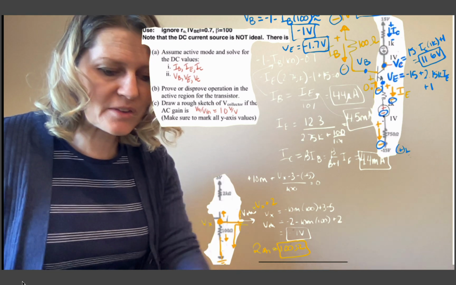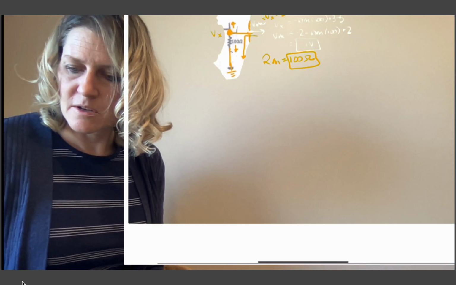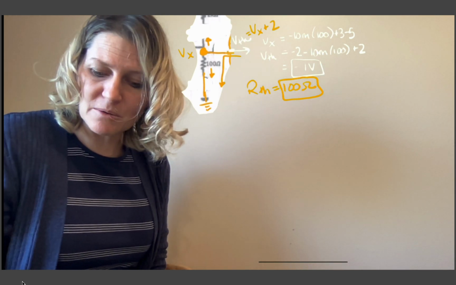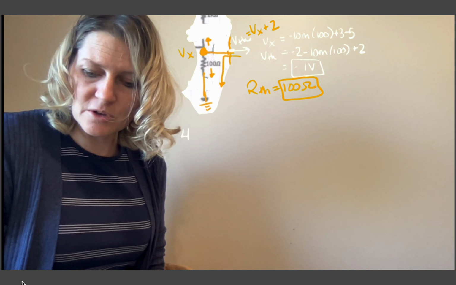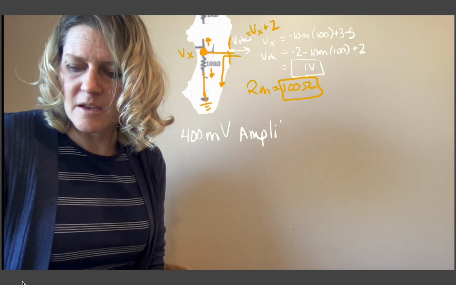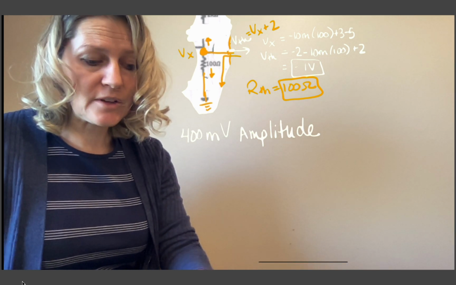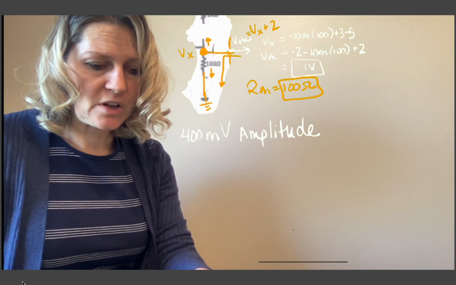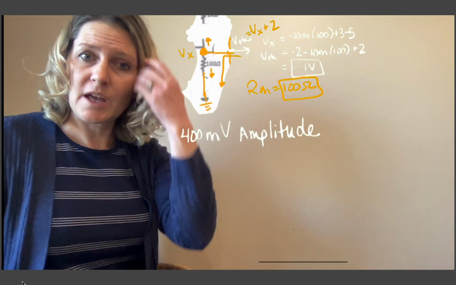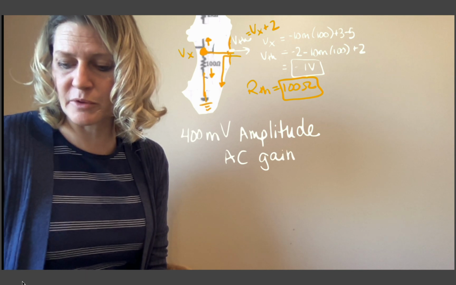The input was a 400 millivolt amplitude, and a frequency of 60 hertz. And so if I have an amplitude of 0.4, and the AC gain was stated as 10 volts per volt,